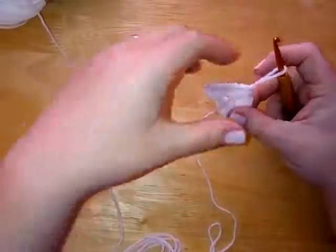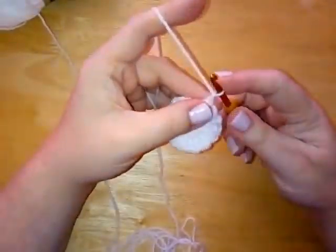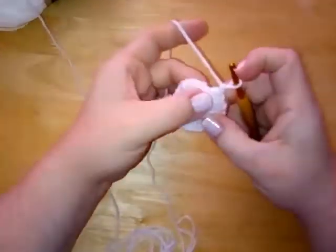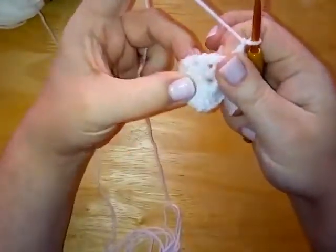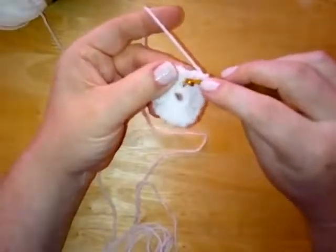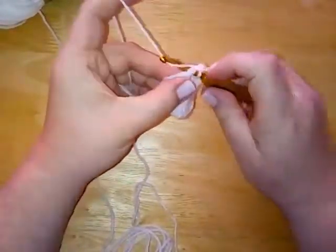Okay, round 2, we're going to start making some clusters on this round. So we are going to do a chain 1, which doesn't count as anything, and then we are going to do a single crochet in the chain 1 space. So not in your stitch, but over in the chain 1 space, so it will be between each double crochet. Okay, so we're going to go between these 2 stitches, which your chain 3 and your stitch, and do a single crochet, and then chain 1, and then a single crochet in the next chain space,